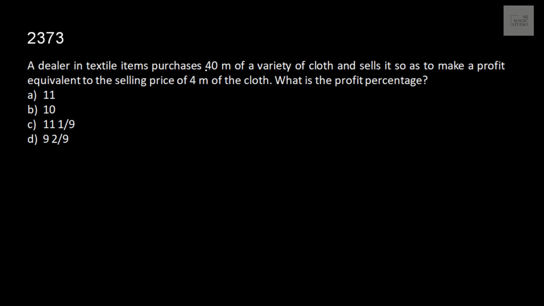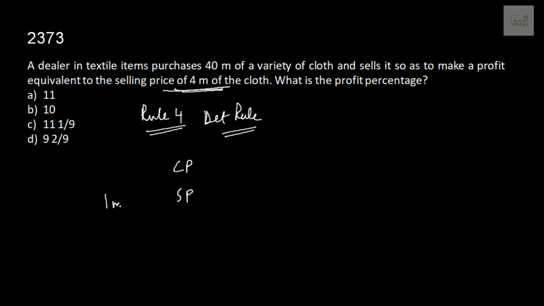A dealer in textile items purchases 40 meters of a variety of cloth and sells it so as to make a profit equivalent to the selling price of 4 meters of cloth. Here we can very easily use our rule 4, that is our debt rule from our rule book as far as profit and loss is concerned. We need CP and SP. Let's start with SP. Let's assume that SP of 1 meter cloth is 1 rupee. SP of 1 meter is 1 rupee. That means CP of 40 meter cloth